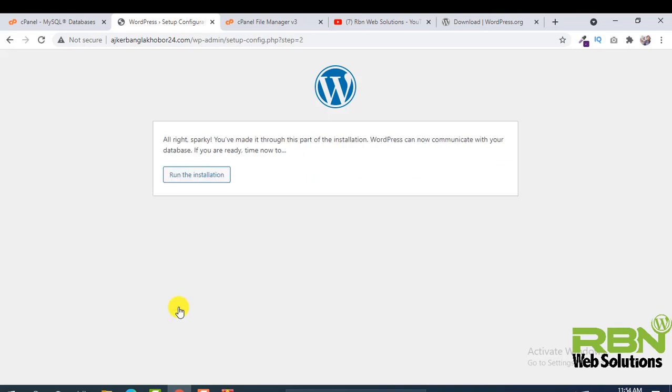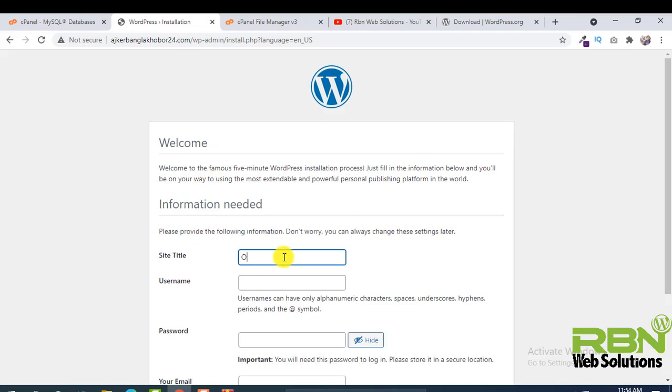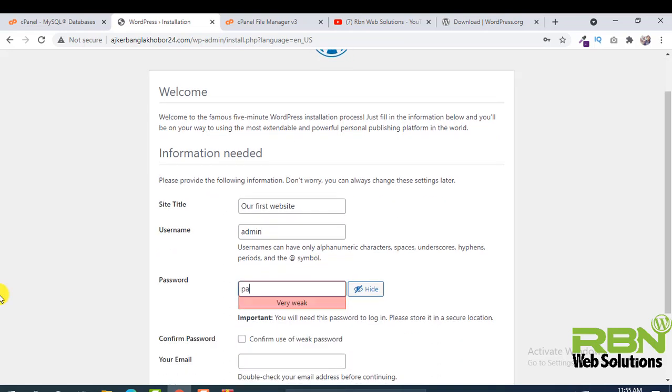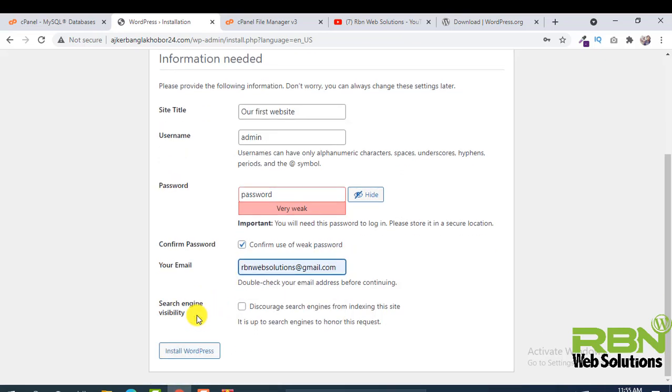So click on submit, run the installation, and then site title, our first website, and username admin, and password is password, confirm with password, and put here your email address, personal email or business email, rbnwebsolutions@gmail.com.